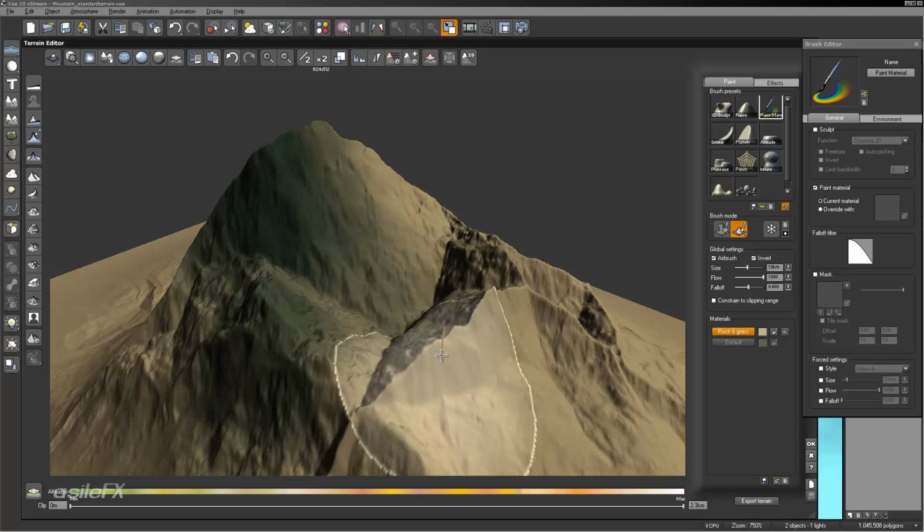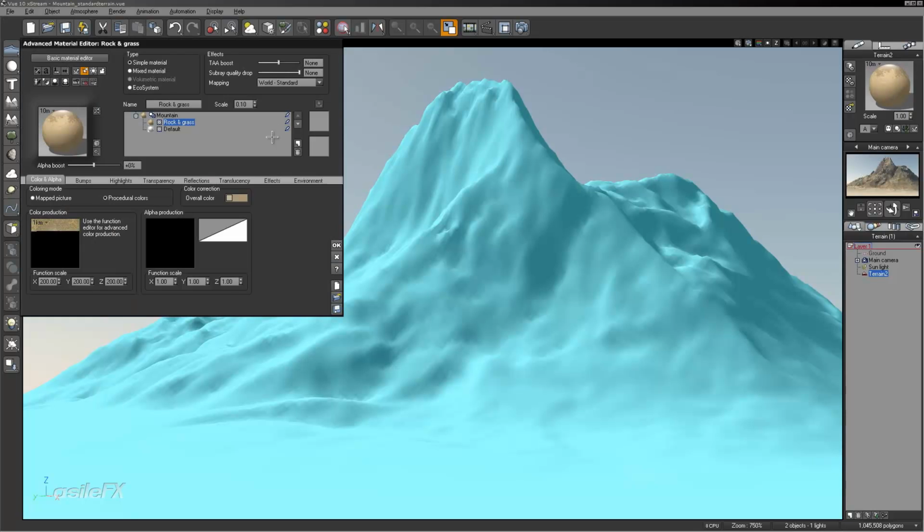So that does make it a little easier to create like a quick mask. So I do want to show you the material effects and how those work. So we will need to essentially reset this. What I'm going to do is delete this rock and grass and re-add it through the terrain editor, but first